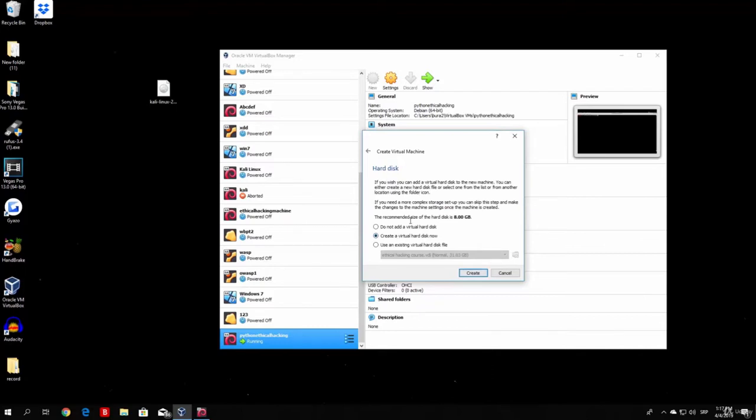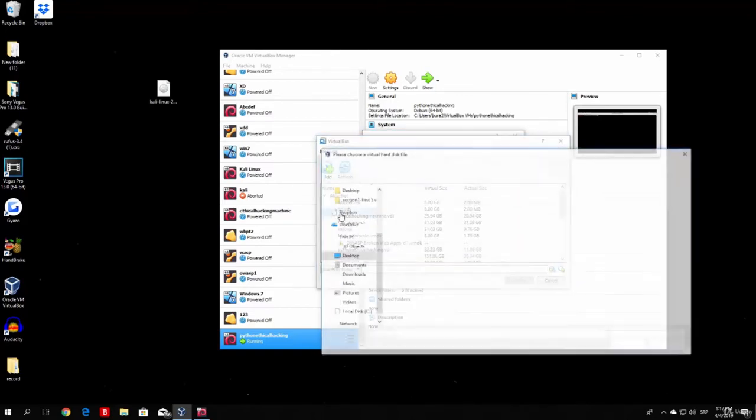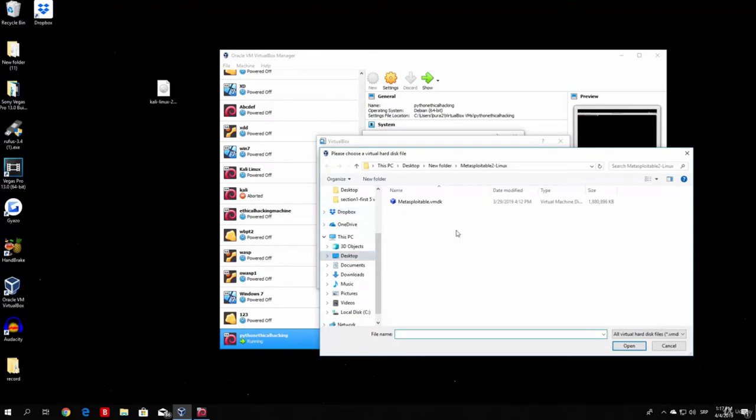And right here, instead of using the virtual hard disk now or creating a virtual hard disk, we want to use an existing hard disk, which is the hard disk that we downloaded from Metasploitable. So just go use an existing virtual hard disk, then select right here to select your hard disk, and try to find it wherever you saved it. As we can see, I saved it on my desktop in new folder. It is this file right here, which is the size of 1.8 gigabytes. You select it right there, click open,